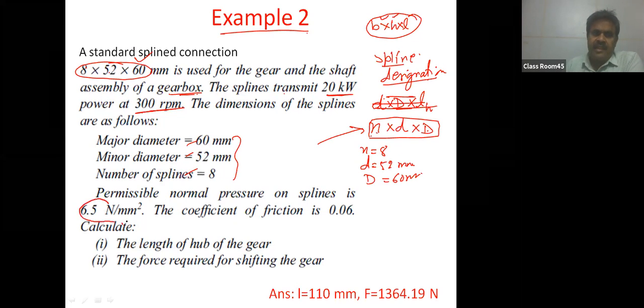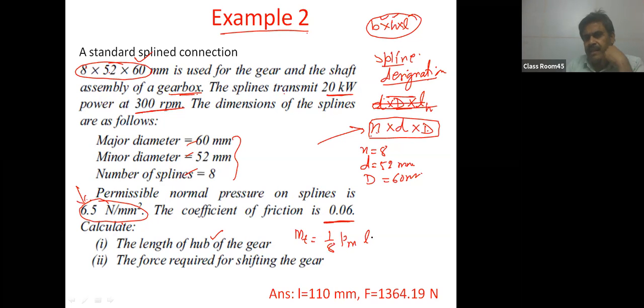So it is given, and that we also can take assumption if it is not given. The coefficient of friction is 0.06 between the shaft and the hub. So calculate the length of the hub of the gear. So you have to find the length of the hub. So we are having formula mt equal to 1 by 8 pm l n (D square minus d square), that we